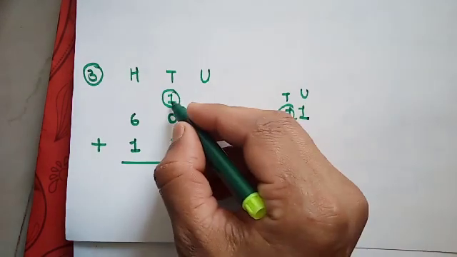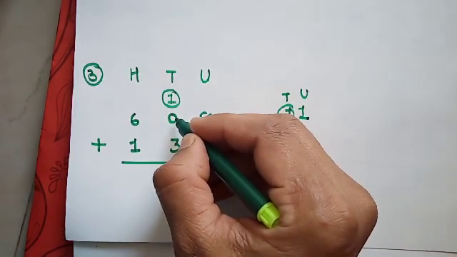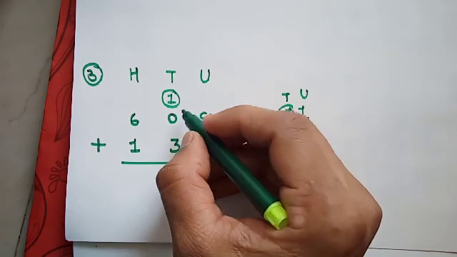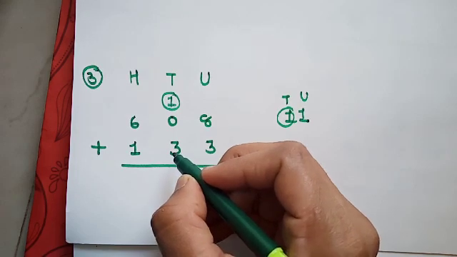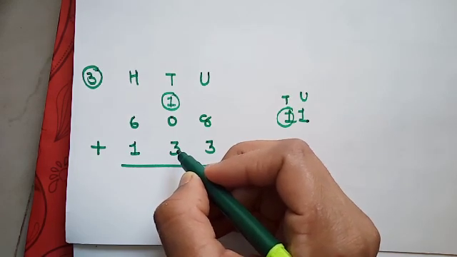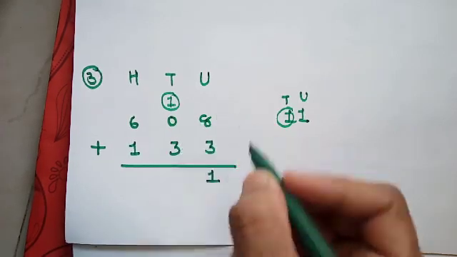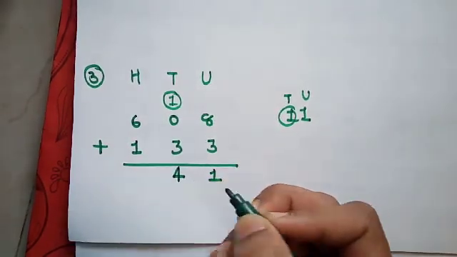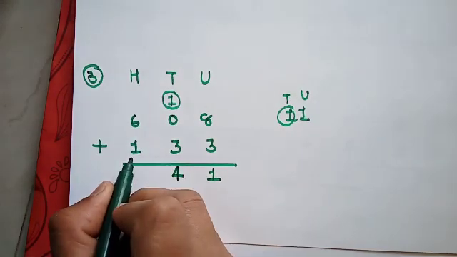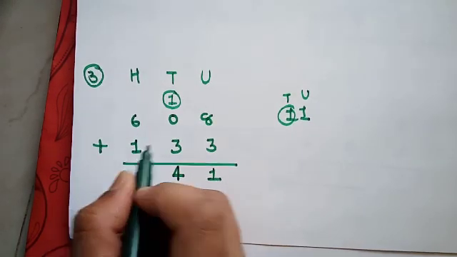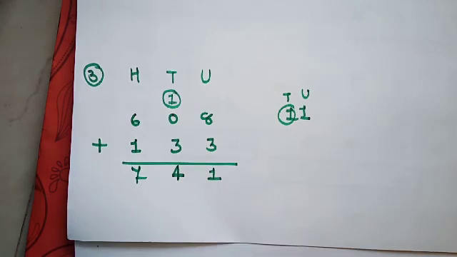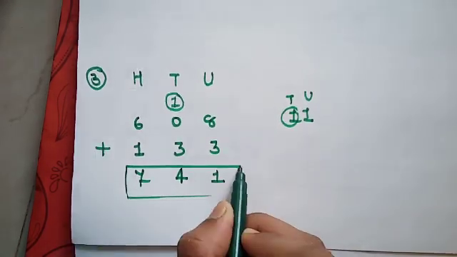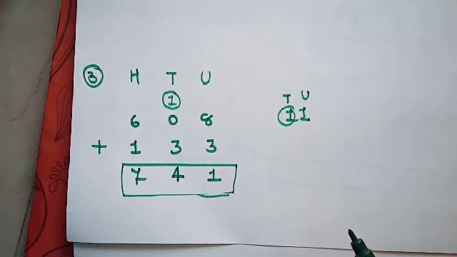1 plus 0, it's a 1, right? Property number 2. Now 1 plus 3, which property? Yes, the third number property, we will get the next number. So 1 plus 3, after 3 which number comes? 4. So we get the 4 in our answer. And 6 plus 1, again the third number property, we will get the next number, 7. So our answer is 741. I hope you understood this method.